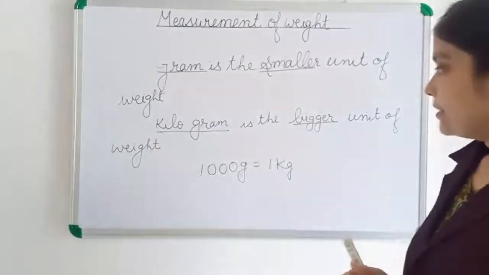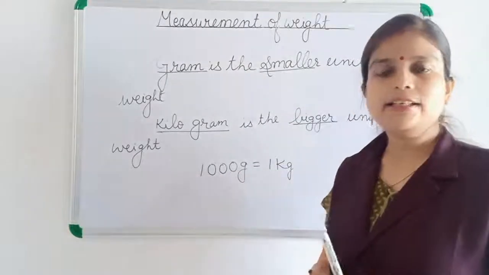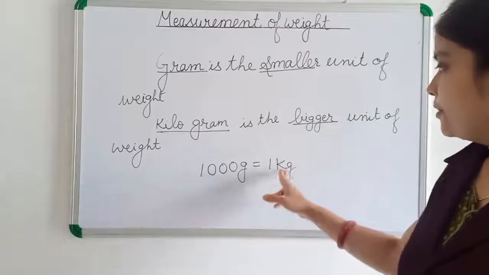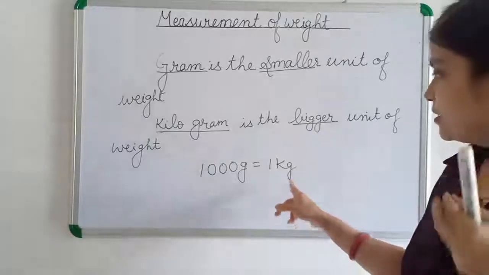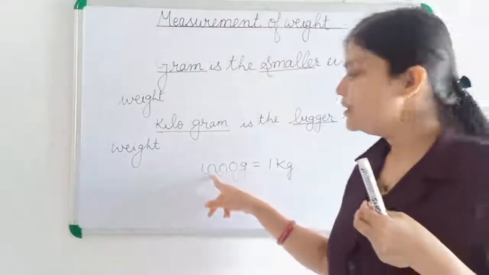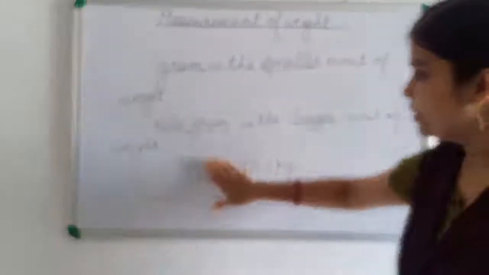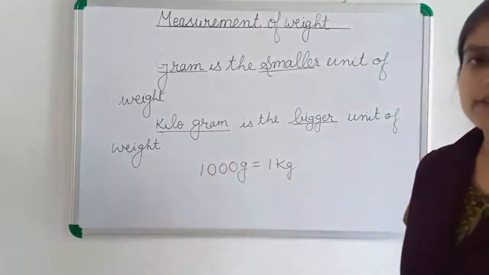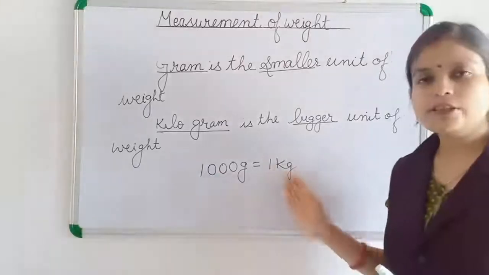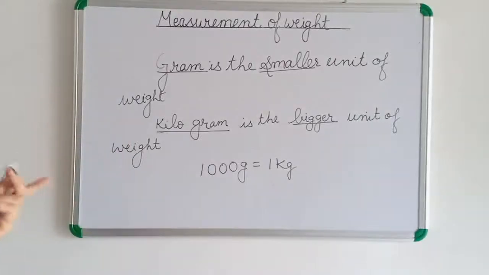Okay? And as I have told already, K stands for 1000. You think like this, K stands for 1000 only. So if I have to remove K, I have to put 1000 over there. Okay? Understood? So here we are removing K, so we are putting 1000 here. And when we have to put K over there, we will remove this 1000 from here, and instead of this 1000 we will write K over there. That is only 1 kg. 1000 grams is equal to 1 kg. So you remember this by heart, okay? All the time you remember that 1000 grams is equal to 1 kg.